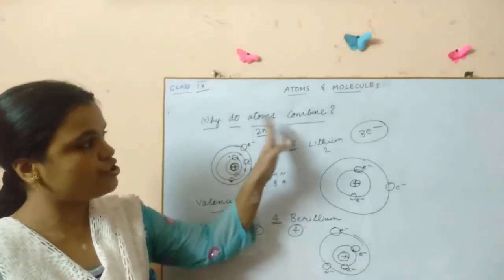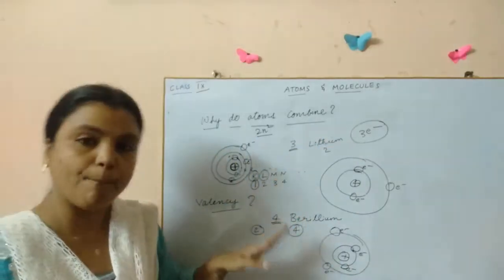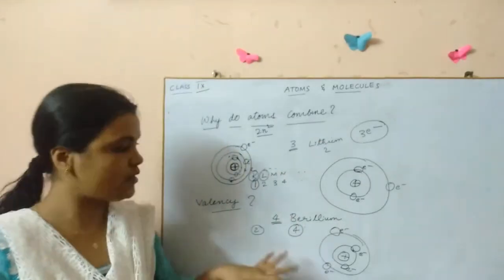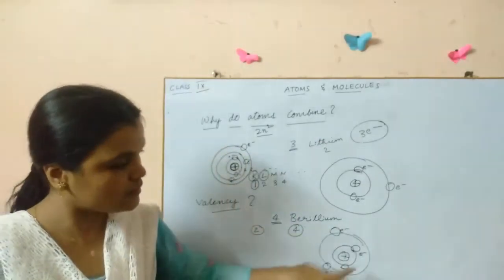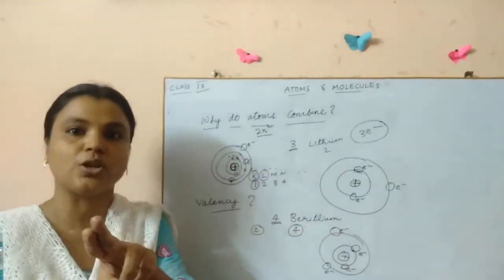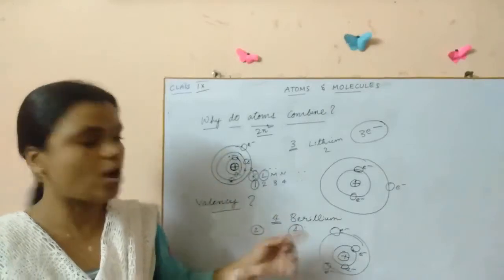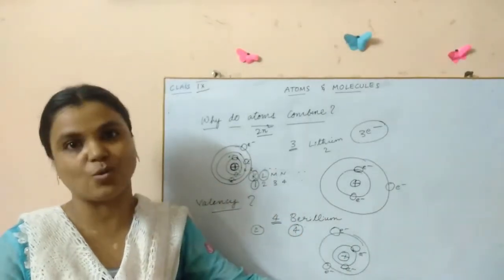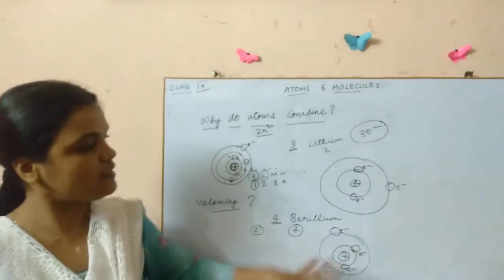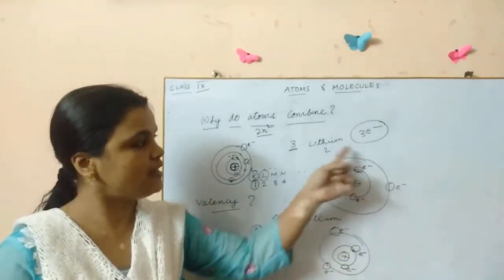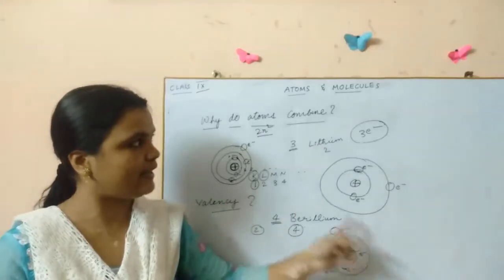Then hydrogen, helium, lithium, beryllium, boron. What is boron's atomic number? 5. It has got 5 electrons. The first shell will always contain 2 electrons only. The rest of the electrons will be present on the outermost shell. So boron will have 3 electrons in the outermost shell. Did you understand, children? So this is how the electrons are distributed. And you can see there is one outermost shell in everything.